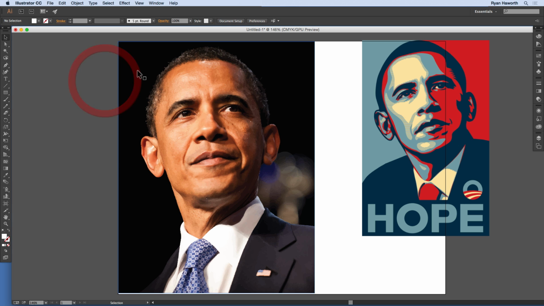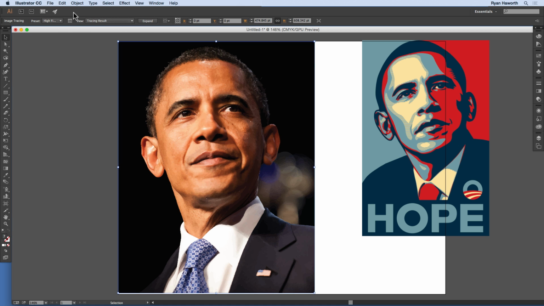And now as you see, if I click on it, I can't really do anything to edit that. So what you would want to do is hit expand. And what that does is converts this tracing object into individual paths, but it's a group. It's a group of paths. I'm gonna hold off on that for just a moment and show you that before doing that, if you don't